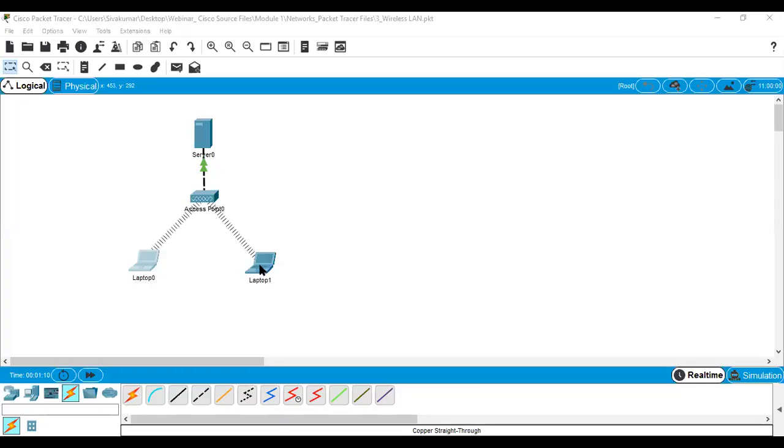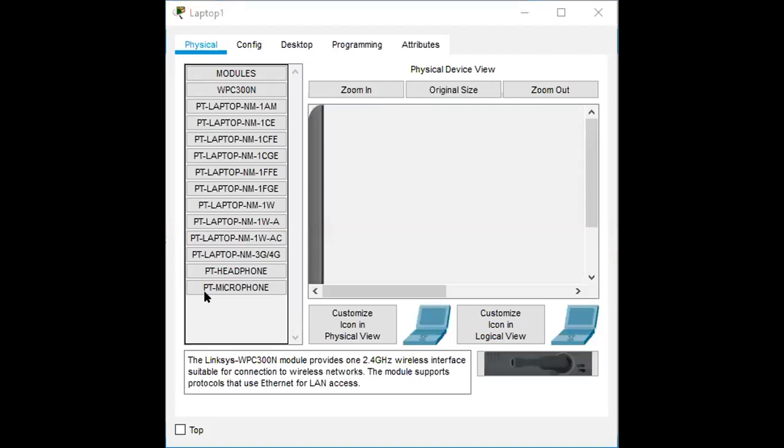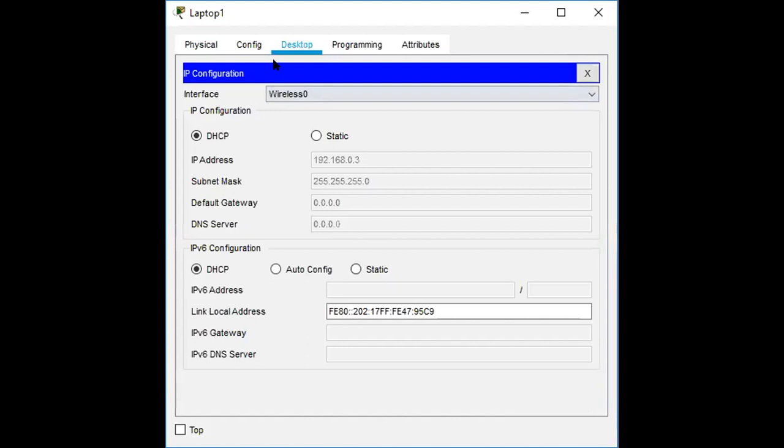Similarly, I want to check another laptop, laptop 2, and see its IP address. Here it is assigned randomly, for example 192.168.0.3. The previous one is 0.1.